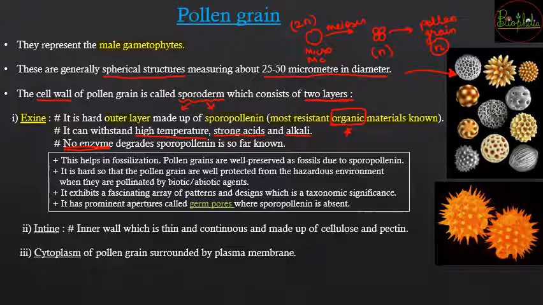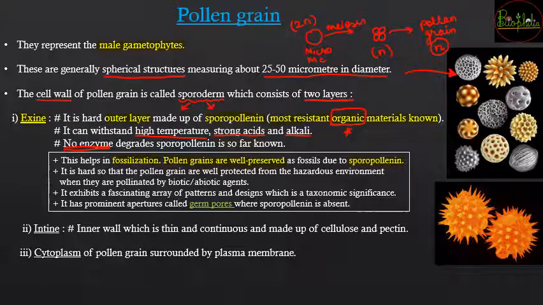in this table. तो यहाँ पे क्या याद रखना है? Exine जो layer होता है, that is going to help in fossilization. फॉसिलाइजेशन में कैसे help करता है? Because of the sporopollenin, the complete pollen grains are well preserved. अंदर का material, जो pollen grain के अंदर का genetic matter है, that is not going to be degraded because of this sporopollenin, and because of that you can even study the thousands of years old pollen grains even now,